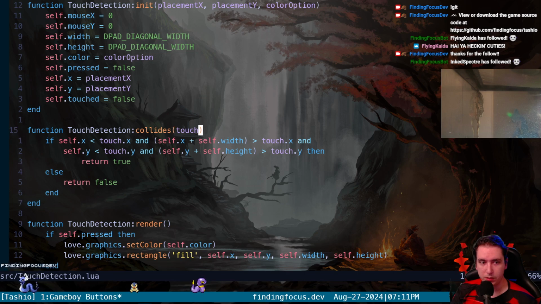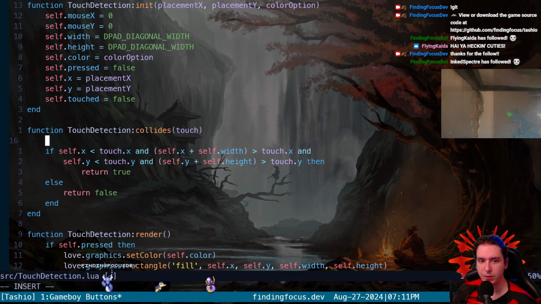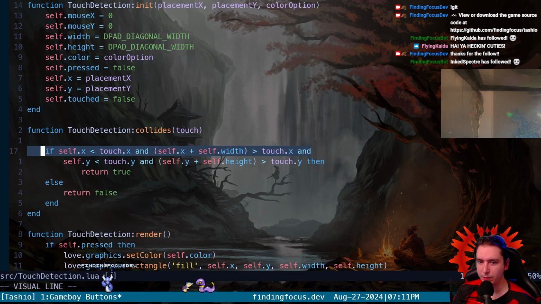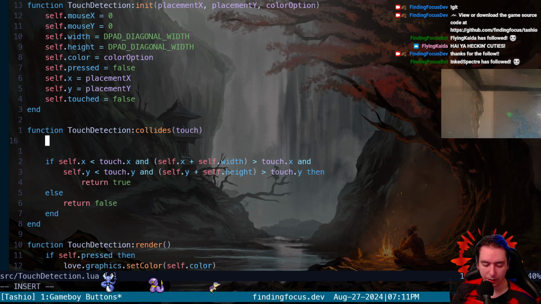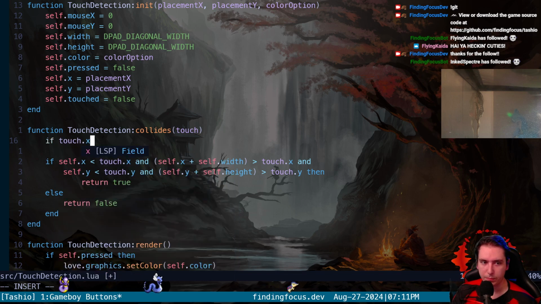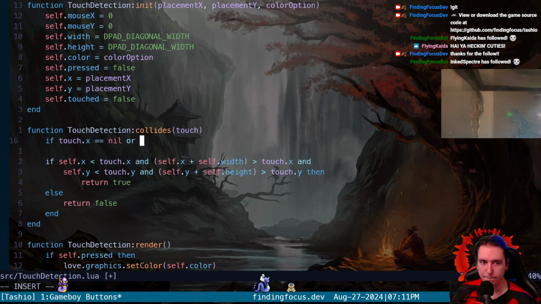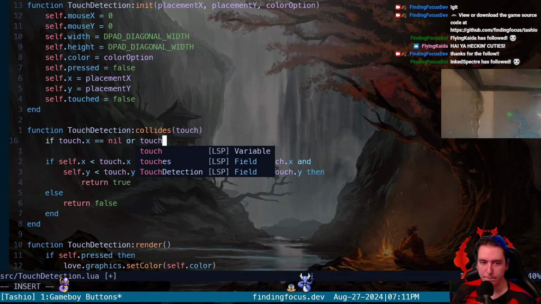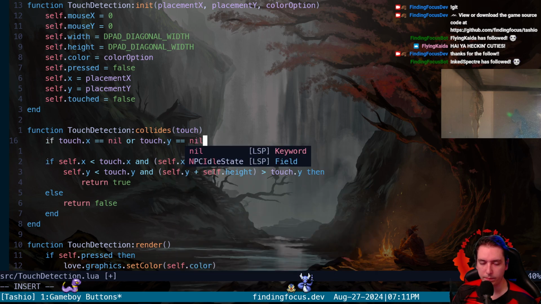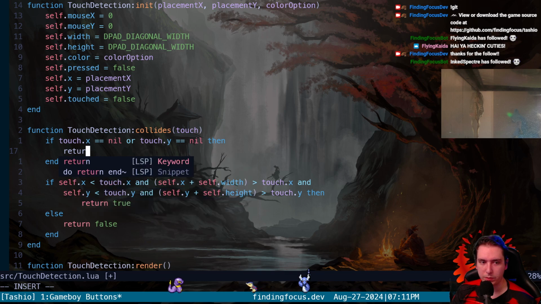One thing I do need to do is, if we touch and drag off screen, the touch X position becomes nil, and then we try to compare with a nil value and then we crash. So we'll have to add a little thing in here that prevents that crash. So we'll just say that if the touch X position is equal to nil, or the Y position is equal to nil, then we need to not only return false, but